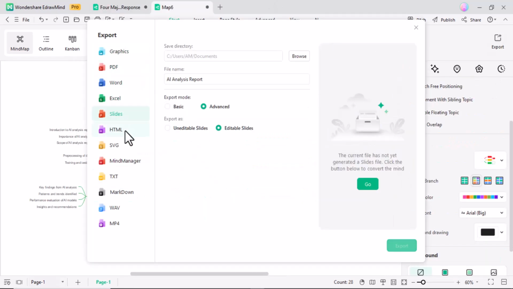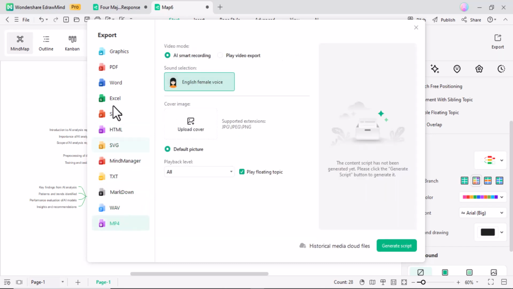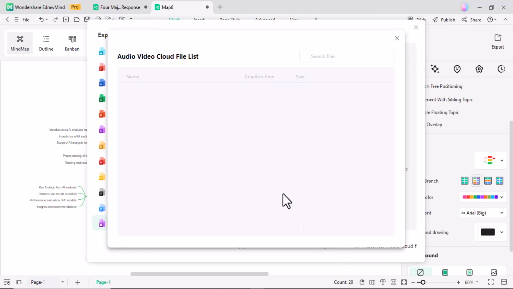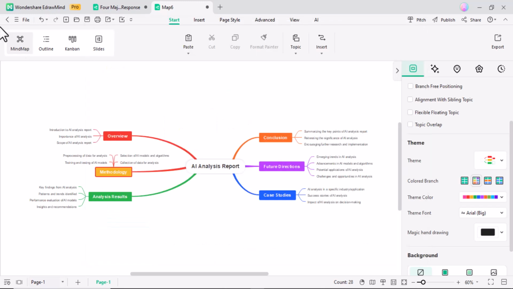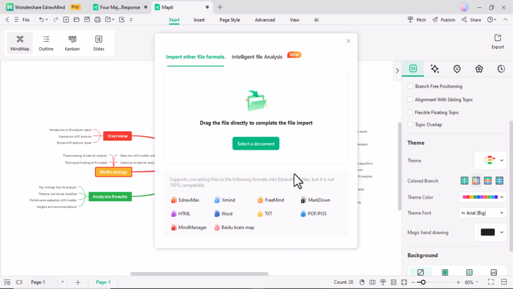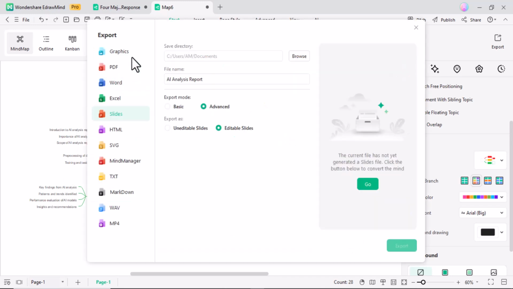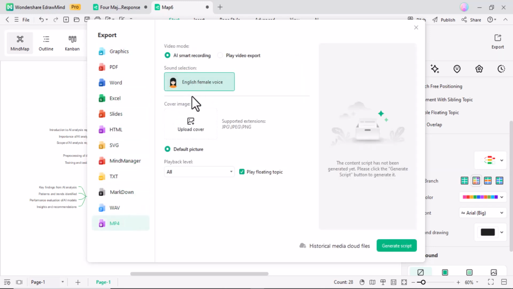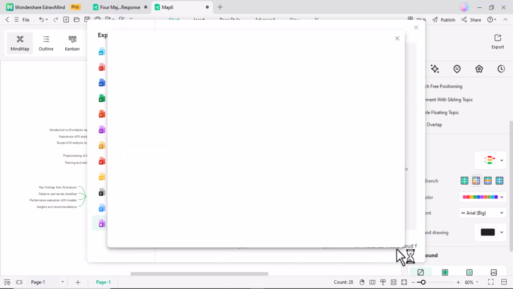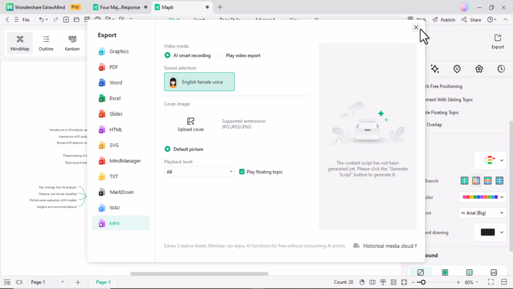With eDrawMind, importing and exporting diagrams is incredibly easy and versatile. Whether you want to import visual files or export your diagram as a PPT, PDF, HTML, or JPG, eDrawMind ensures compatibility across platforms. You can also export your diagram as interactive visual files, which is perfect if your team is still using visual viewers or visual editor. This flexibility extends beyond simple formats. You can export detailed UML diagrams, network layouts, and even floor plans into formats that integrate directly with enterprise systems like AWS architecture or Azure architecture diagrams.